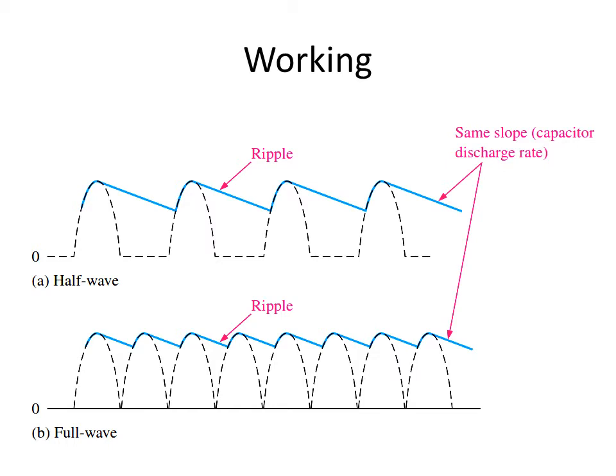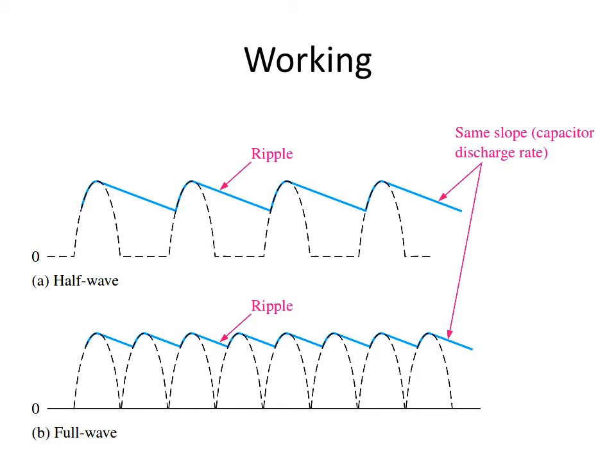So that means on the whole, the output of the rectified circuit with filter will be the blue line, which is shown in this diagram, in which case the difference between the maximum and minimum value of the voltage is very less compared to the situation of no capacitor connected across the output. So that means the fluctuation has been reduced considerably.